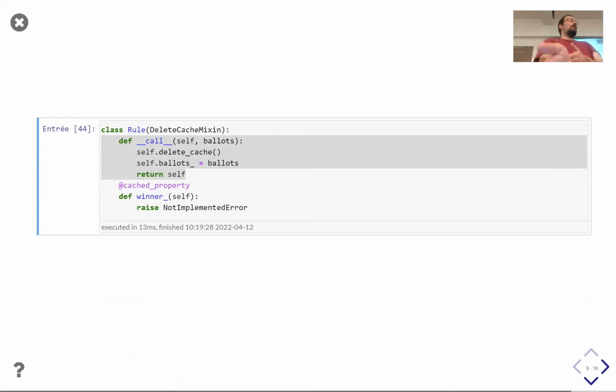The advantage of my version is that it's very easy to define a rule with a long list of parameters, and then to use it on several elections. If you have an election object instead of a rule object, you need somehow to store the parameters in a dictionary, for example, and to feed them to each election object that you are going to create. I think it's a bit less convenient, but yeah.